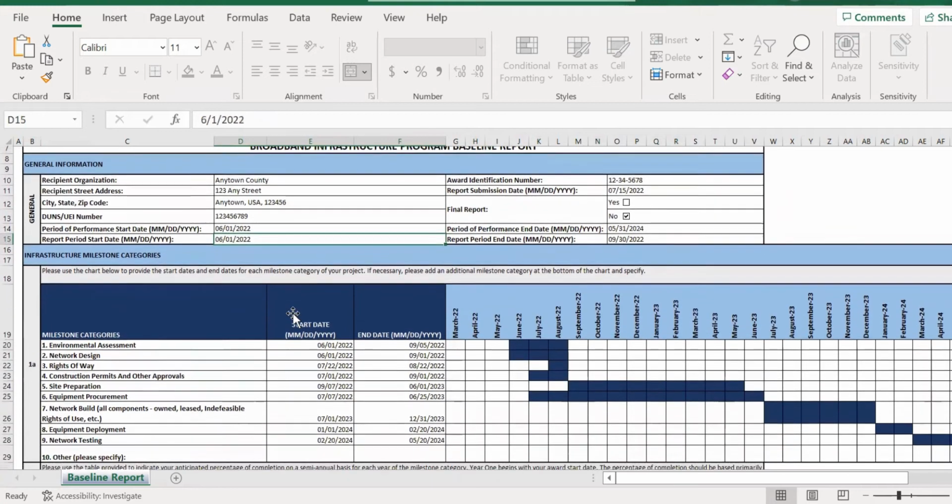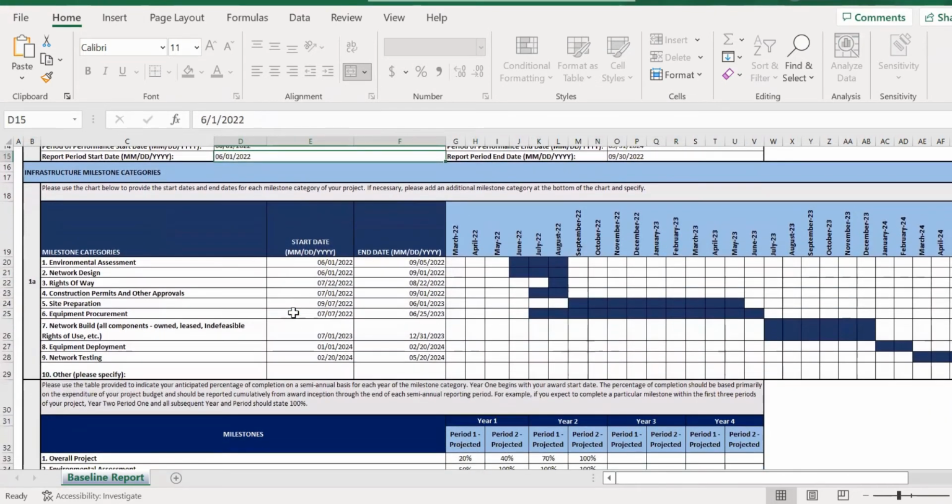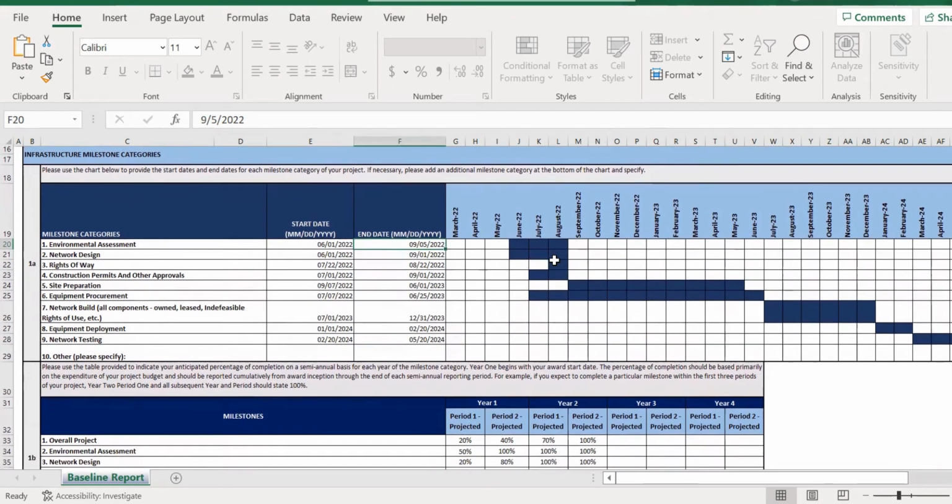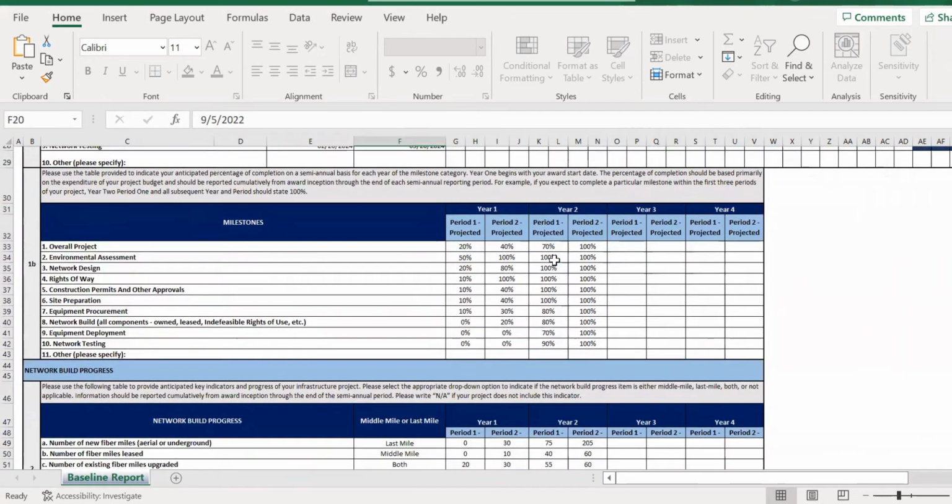In this section, you will fill in the start and end dates for each of the milestone categories. Once you fill in columns E and F, the calendar to the right will auto-populate. In the second table of this section, fill in the estimated completion in percentages based on the expenditure of your